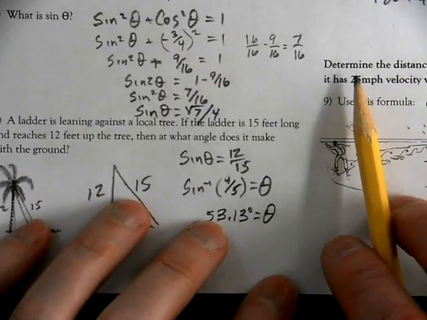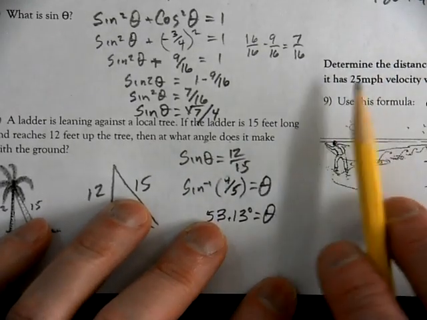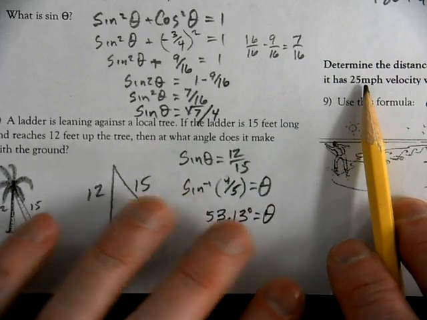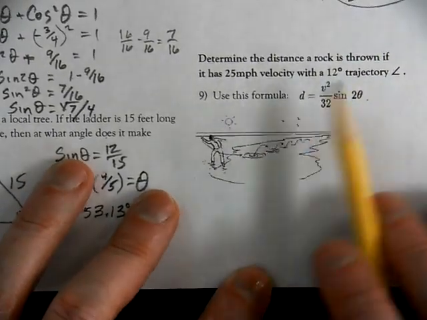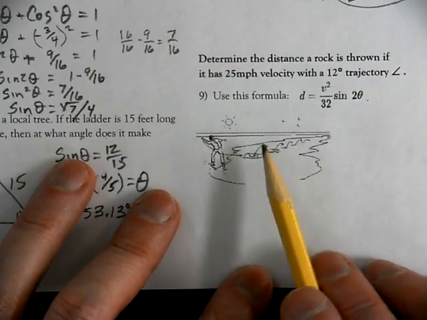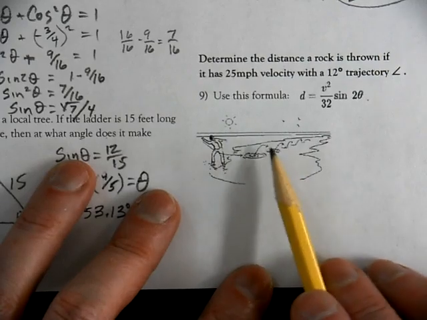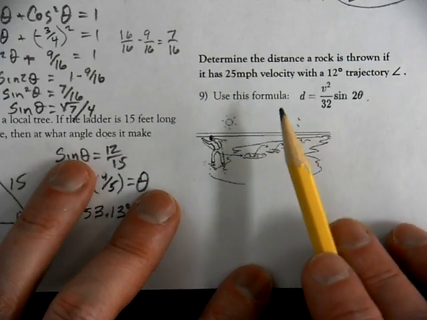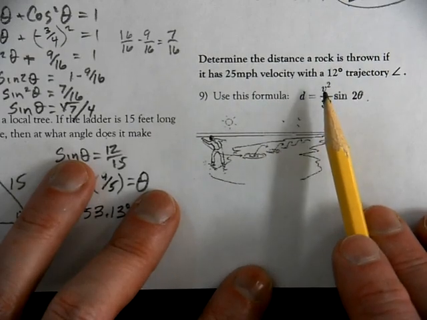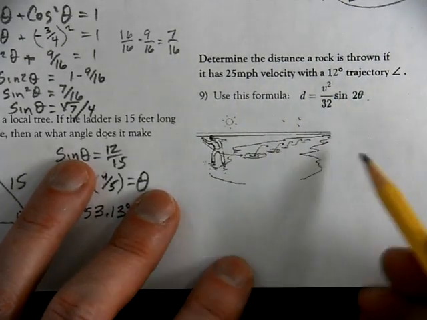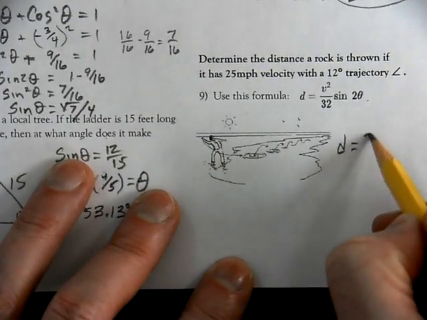And then the last one. We're going to determine the distance that the rock is thrown if it's at 25 miles an hour at a velocity of 12. Now, when I wrote this one, I was picturing skipping a rock, but it's not how far it skips. That's not really accurate math that we're doing. You're tossing the item with a velocity at a specific angle. So our distance that the rock is going to travel at